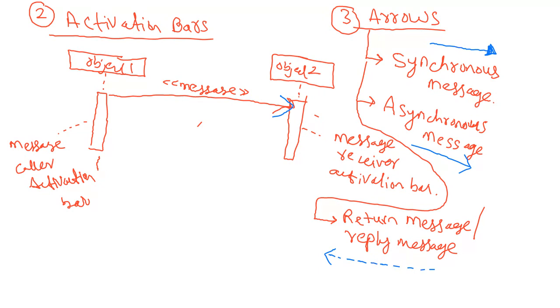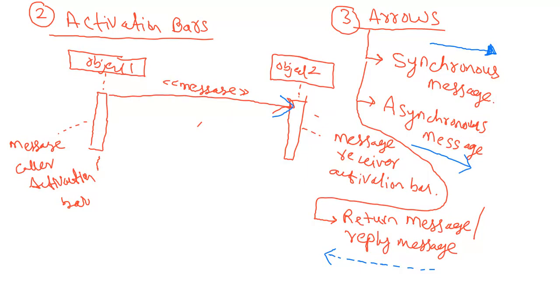Doctor, what's the difference between synchronous and asynchronous for the job? Okay, you are not listening? I know the shape is different, but the job... No, the shape is different, I explained it also. You see, when object 1 sends a message to object 2 and object 1 waits for the response, that is a synchronous message. In an asynchronous message, object 1 will not wait for a reply. It will send a message and not wait for the reply.